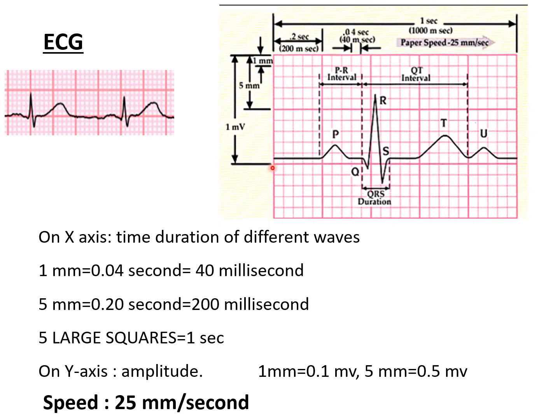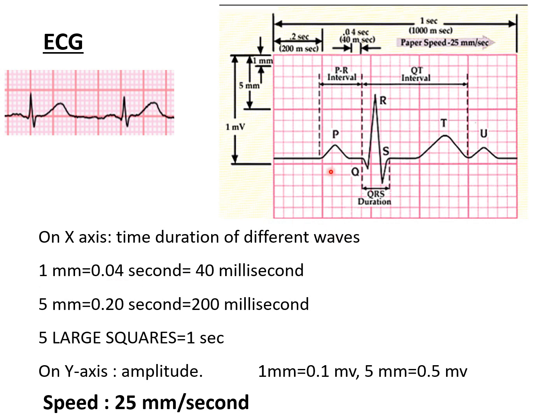In ECG, along the x-axis, we consider the time duration, the duration of each wave, each interval and each segment. And on the y-axis, we consider the height of each wave, or the amplitude. And here we can see large squares and also small squares. A single large square consists of 5 small squares horizontally and 5 small squares vertically. So 5 small squares horizontally tell you the duration and 5 small squares vertically along the y-axis tell you the amplitude. And remember, one small square is 1 millimeter in measurement.